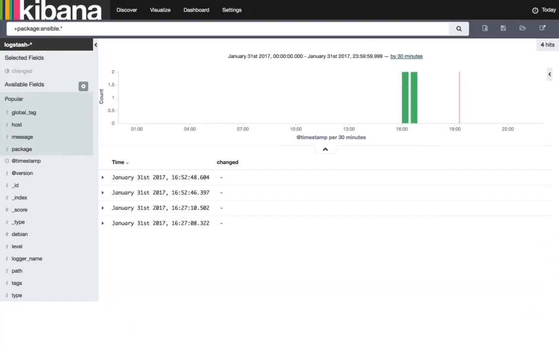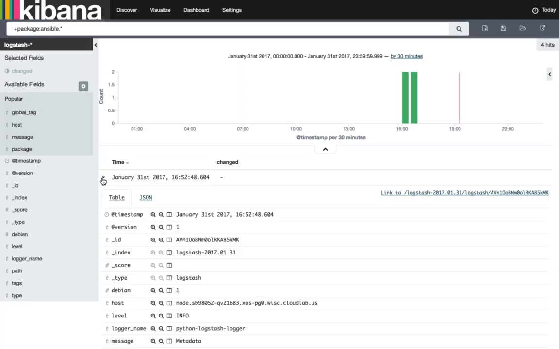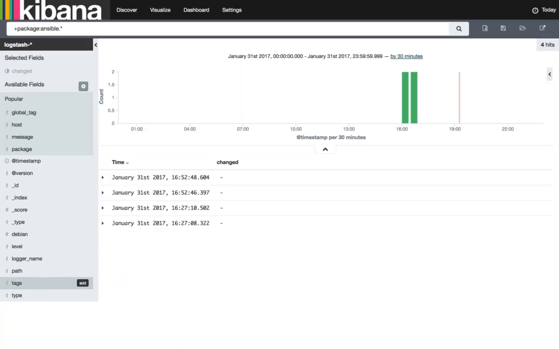So the main advantage of this work is that all of the data we have in Logstack, in this framework, is indexed and easy to search. Say you wanted to figure out what versions of Ansible you're using in the setup. You run a query, package contains Ansible,